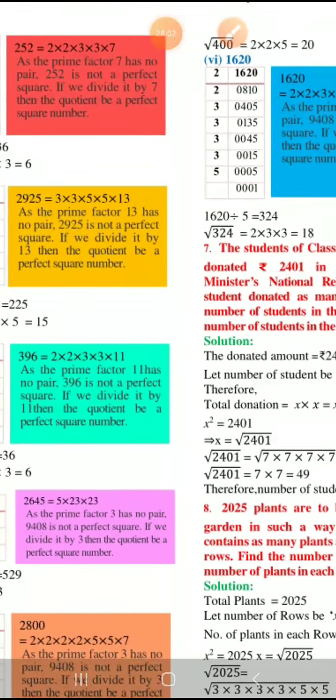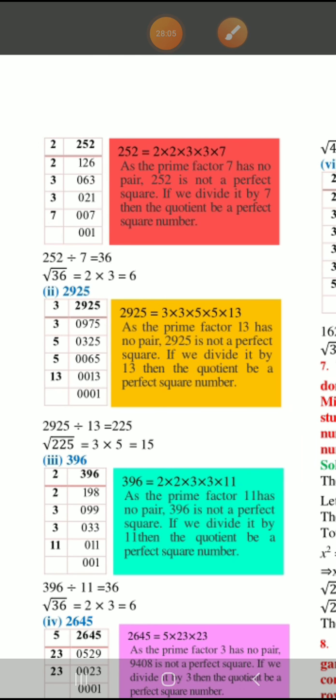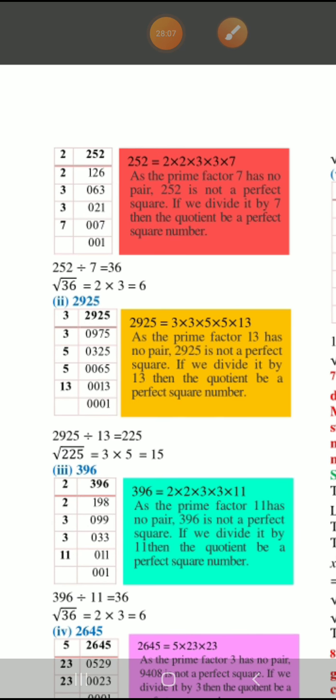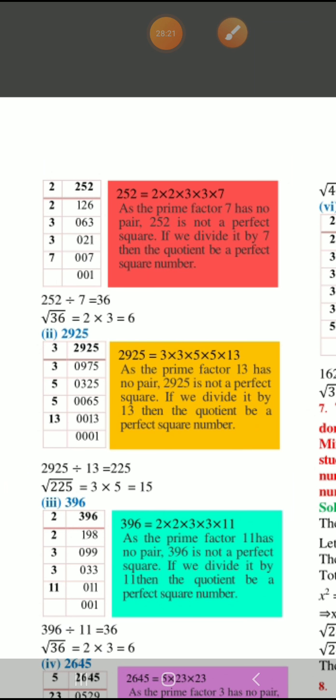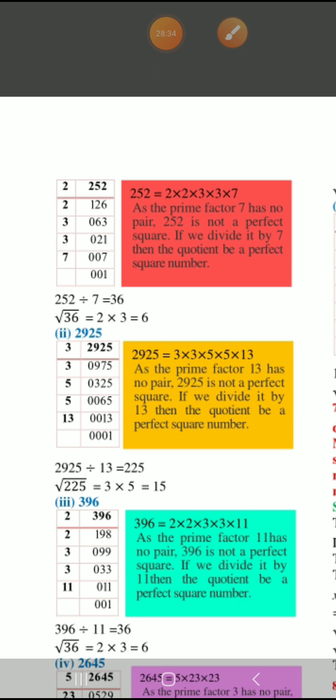So 252, how is it divided? Let's try to see that. Again the same thing we can do. We divide by 2 first. 252, 2 ones are 2, 2 twos are 4, 1 remains, so it becomes 126. Again by 2, 2 sixes are 12 and 2 threes are 6. Then we divide by 3, 3 twos are 6, 3 ones are 3. Then 3 sevens are 21. Next, 7 ones are 7, right?